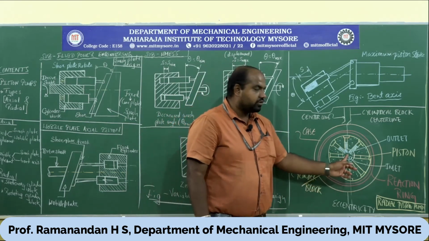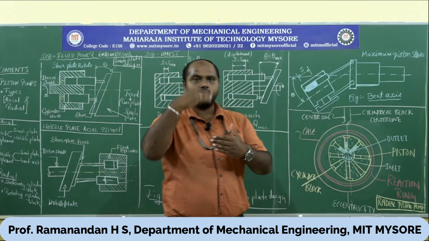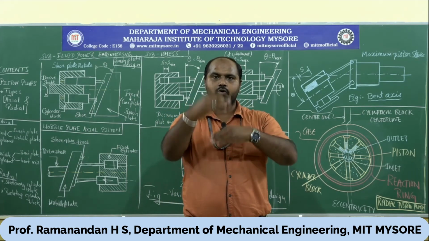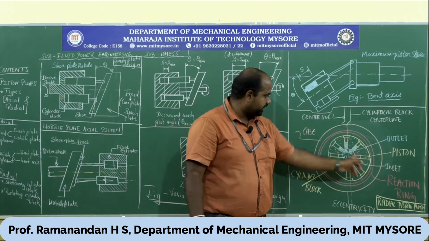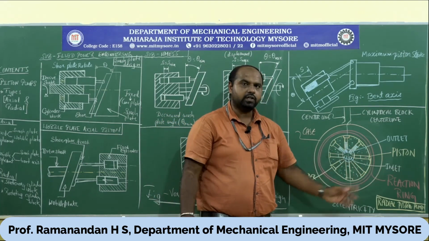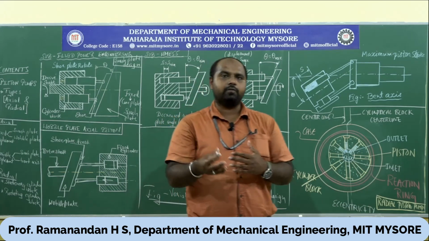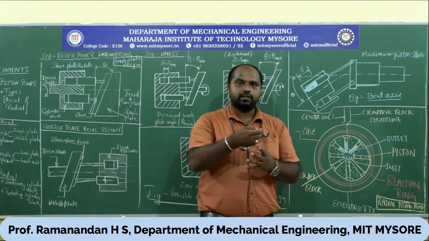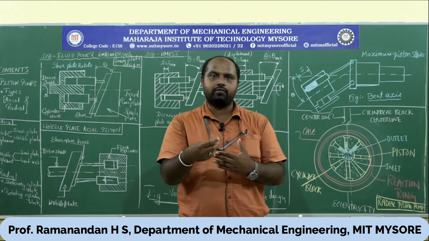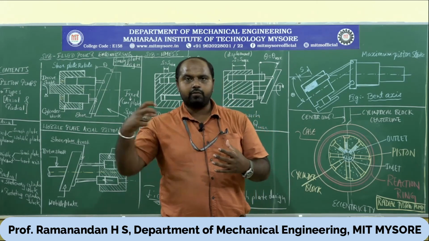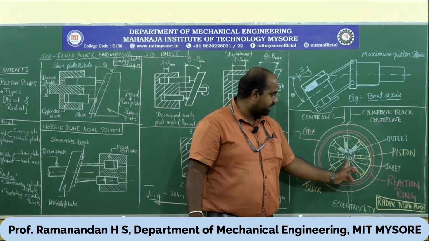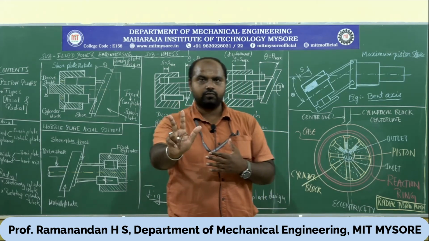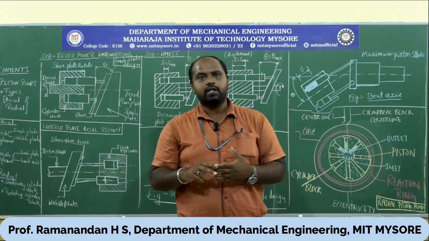The cylinder block is stationary and the drive shaft is connected to the rotor. So the rotor is revolving, the outside cylinder is fixed. The second case is the rotating cylinder block, where the entire cylinder block itself revolves. The same operation takes place because of the centrifugal force and eccentricity. The fluid is drawn in during the lower half of the cycle, and in the upper half of the rotation the fluid is forced outwards and discharged at a higher pressure.